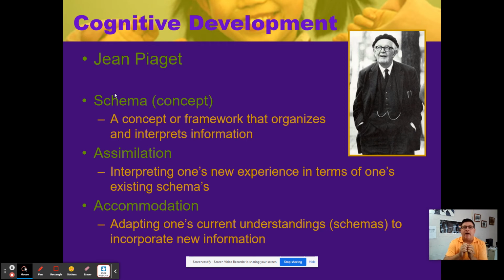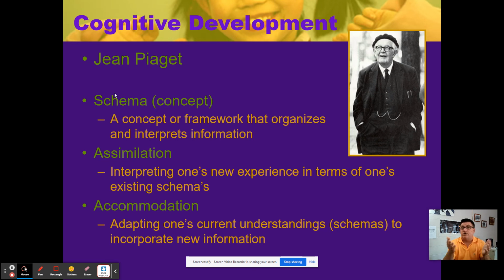Accommodation is when we have to either change or add a category to understand new information. True story. Building our new house in Vegas a while back. I was driving to it, and I know a lot about the military. Driving out towards my new house in Las Vegas, Area 51 is about 90 miles northwest of where I lived. I saw